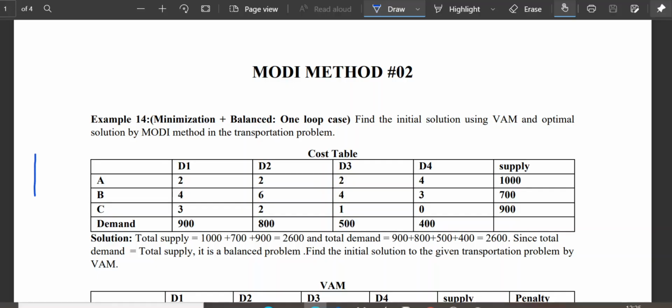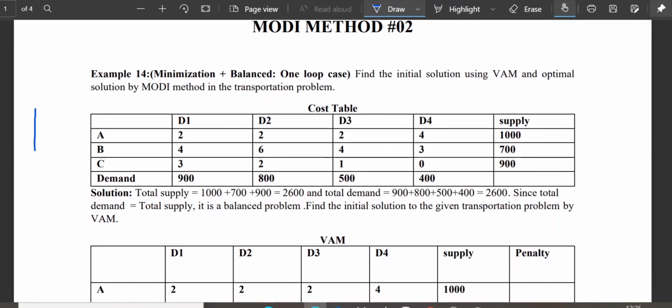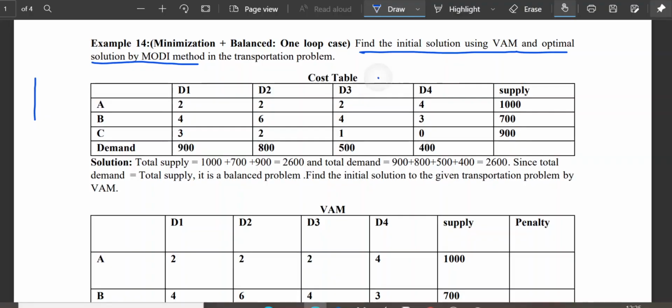The question is minimize the cost in the following transportation problem. They ask you to find out the initial solution using VAM and optimal solution by Modi method. Okay, so this is the cost table given to you.